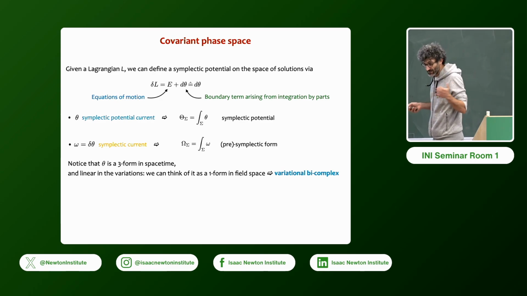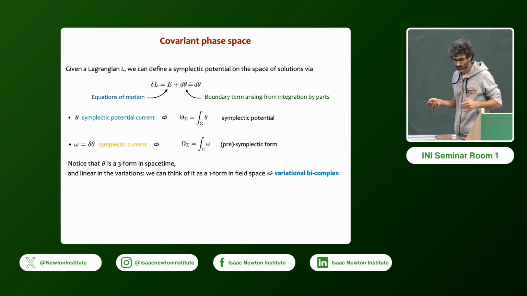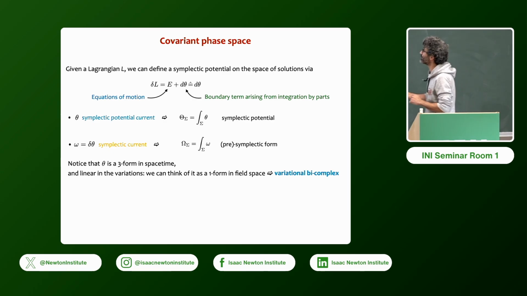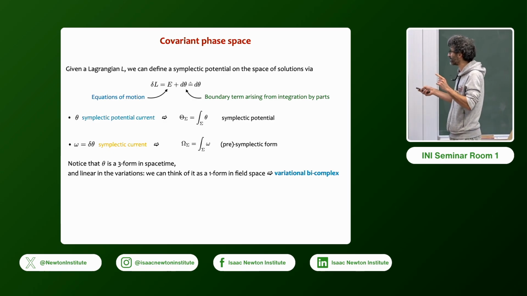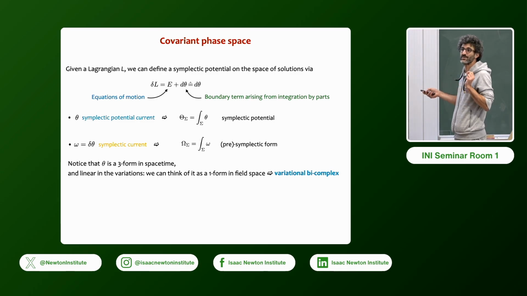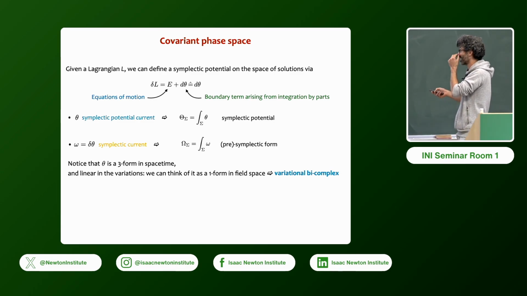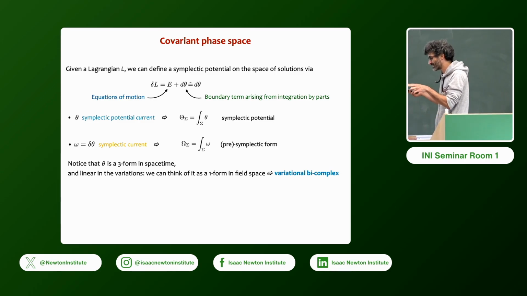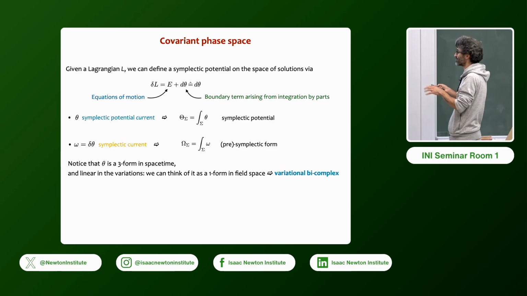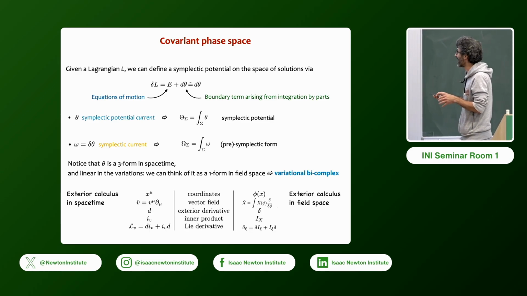So, in fact, you don't even need to define the momenta. Now, as I said, the symplectic potential is a 3-form in space-time, and it's linear in the variations. So you can think of it as being a 1-form in field space. And so this covariant phase space uses a formalism that is called the variational bicomplex, in which you have,